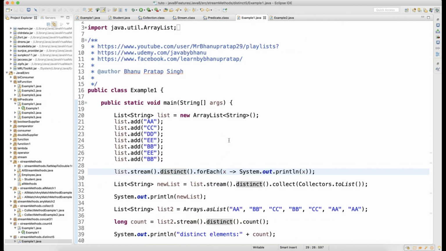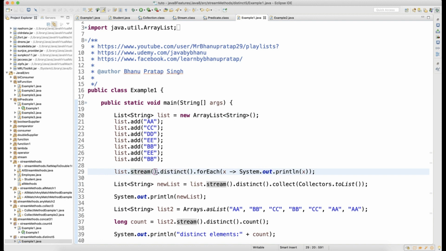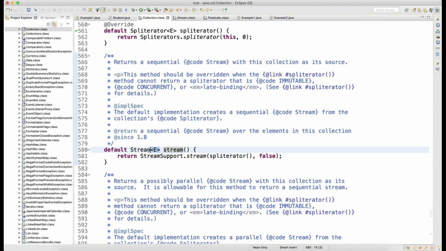So this is your list, where in the list you have certain data, where you have some data as duplicate also. When you call list.stream, what is the return type of list.stream? It is the stream of string, because the stream return type is the stream of object, which means a stream of a string.